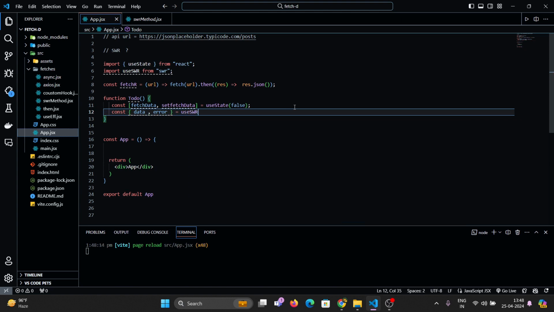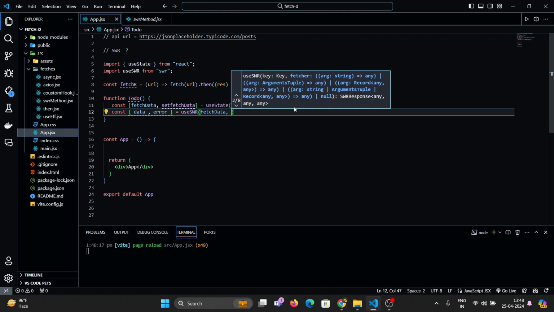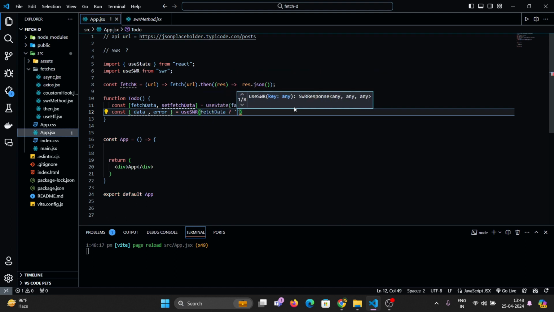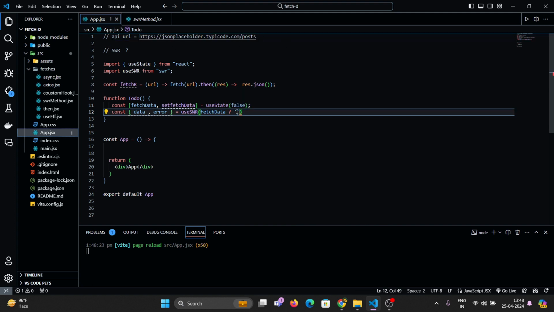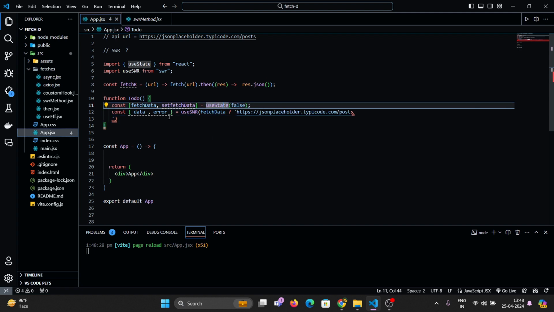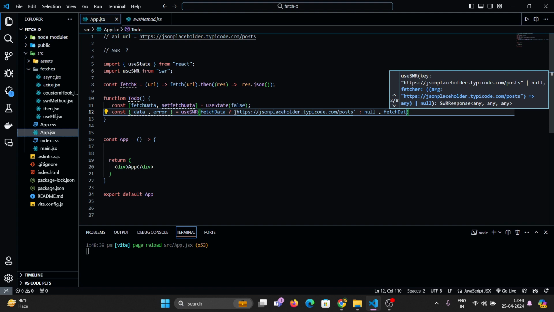From SWR, useSWR, and inside this you take fetchData first, and if it is true, then you use this URL. I simply put a conditional operator here: if this one is true, call this URL, otherwise the value should be null, and also call the fetcher with that.